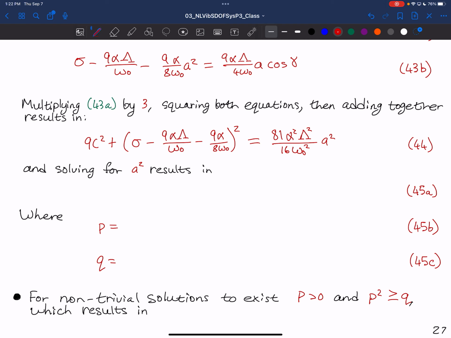Okay, from there we're going to solve for a squared, which results in the following, that a squared